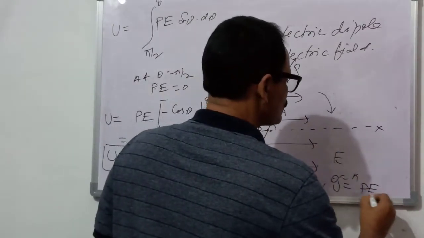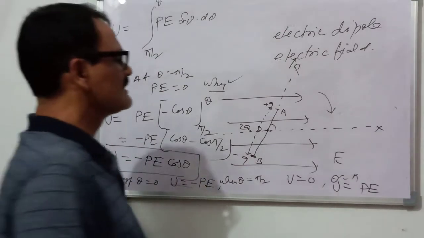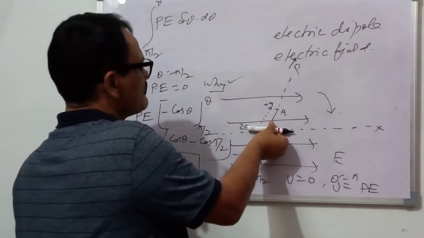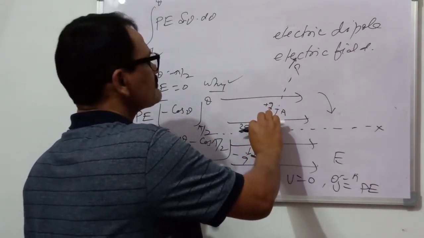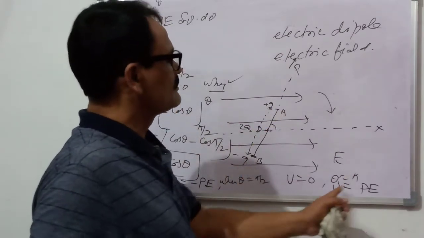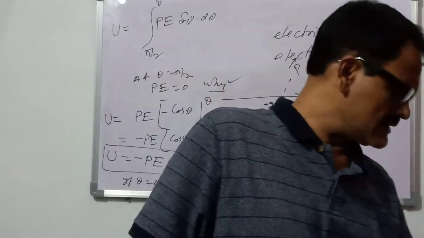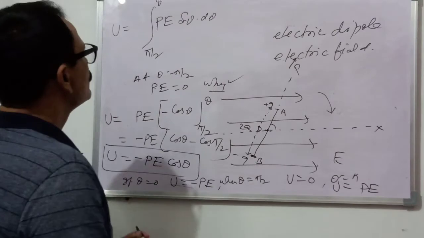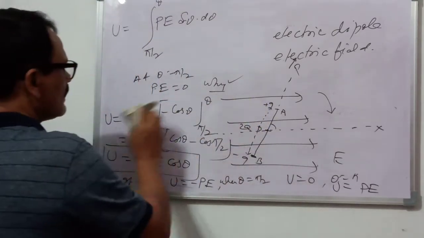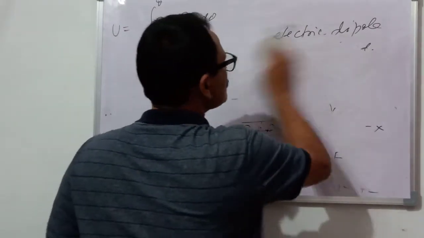This is the maximum position of the potential energy, and hence this position is unstable position. Means if you rotate the dipole to this position, it is in an unstable position, it will immediately come back like this. Because the potential energy in this case is the maximum. Now there is another way to prove this, and this is completely concept based. So I am going to explain the alternate method for this.